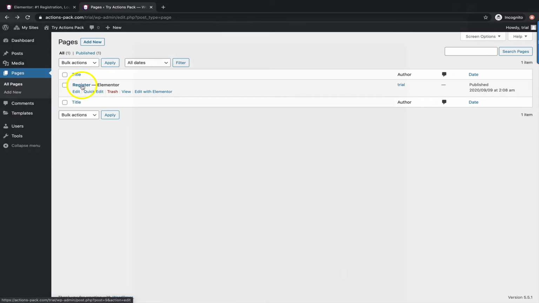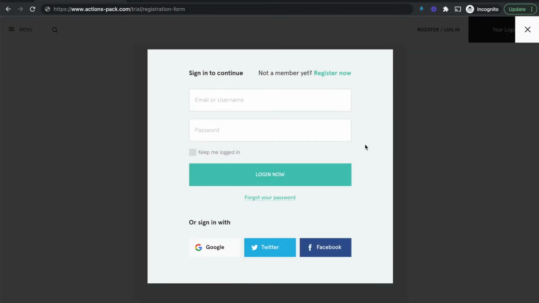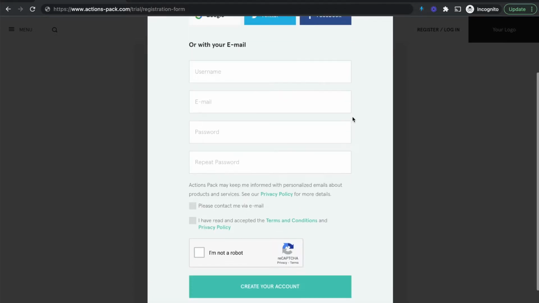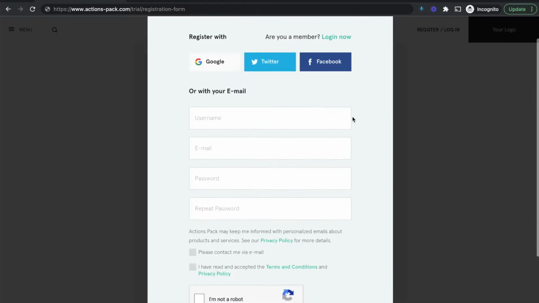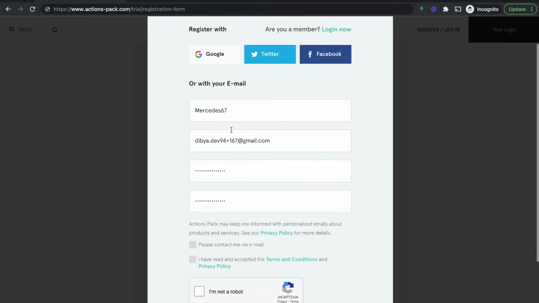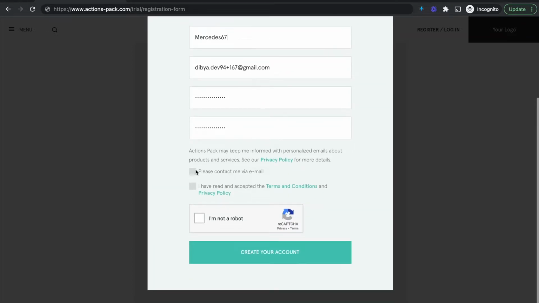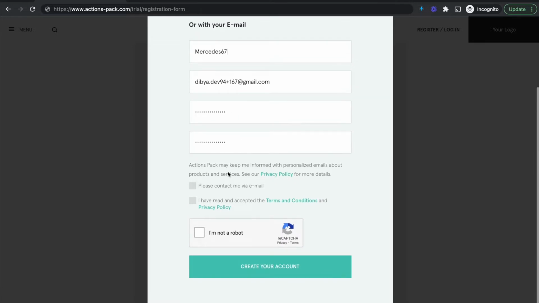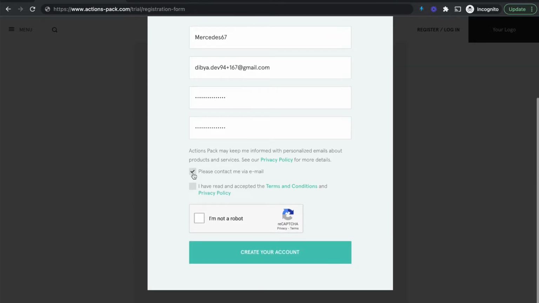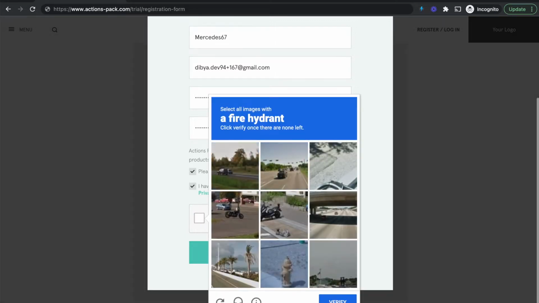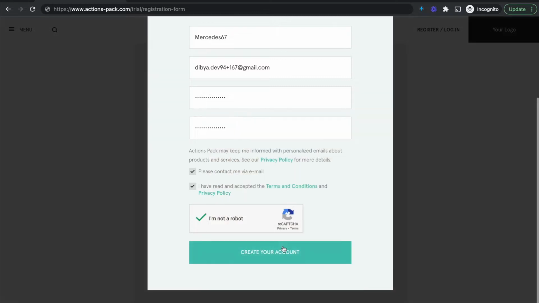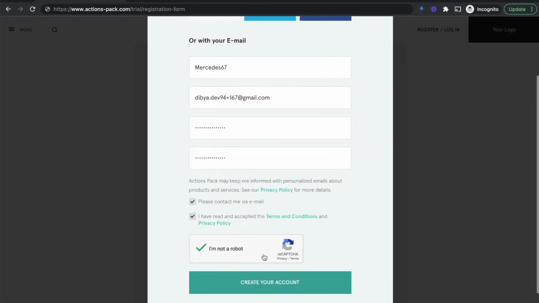And I have a registration page already created in which I'm just going to walk through some of the key features of the Actions Pack plugin, how it adds functionality to the Elementor Forms widget, which you may be familiar with, but how this will really let you customize your own site, your own login pages. No need for that horrible WordPress default login page. You can change that and make it your own and set this up so really you have a very customized, very good looking website with your own branding if necessary, set up good to go.